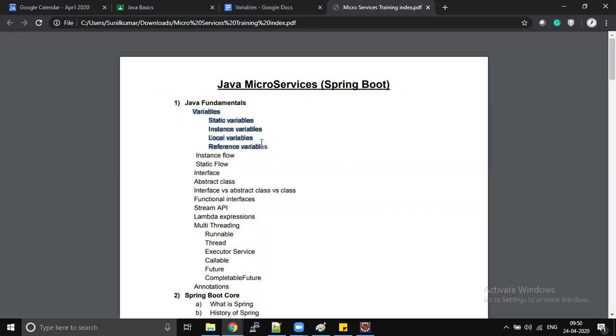Very fundamental basics. Tomorrow also it's going to be basic. These things have been there since Java was born, more than 20 years, and will be there in the future also. Even with the latest version of Java, all these concepts are still there. Nothing has changed.